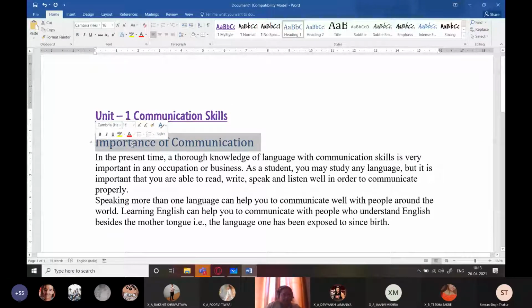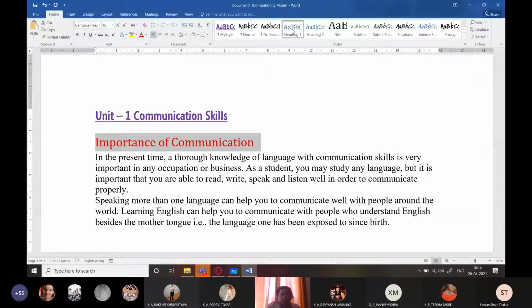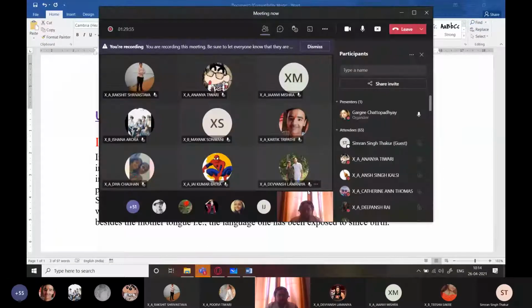Because I don't like the color, I want to set it as red color. Rest everything I want the same. So just right click on it and click on update Heading 1 to match selection. You can see that this heading has changed its style to the one which I applied over. Students